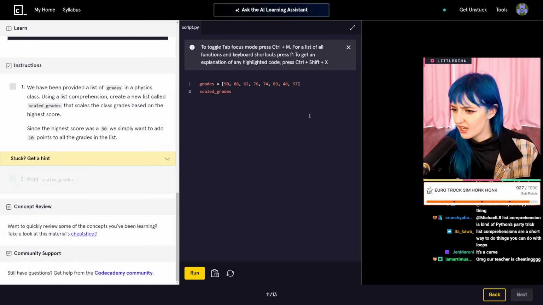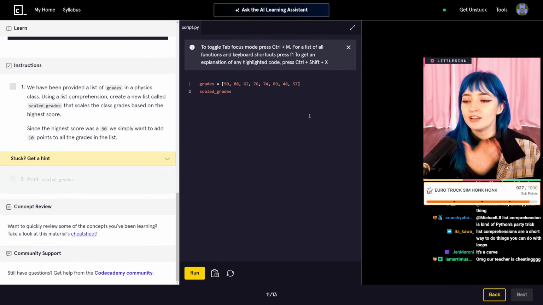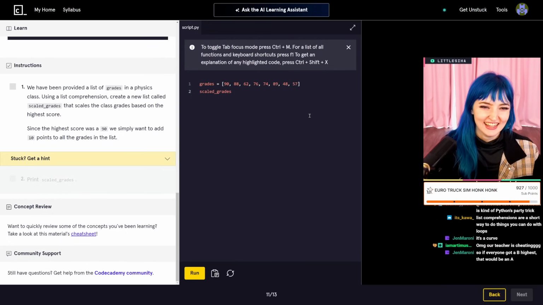What is scaling grade? Oh, it's a curve. A teacher's cheating. Okay, so that would be empty. And then it would be